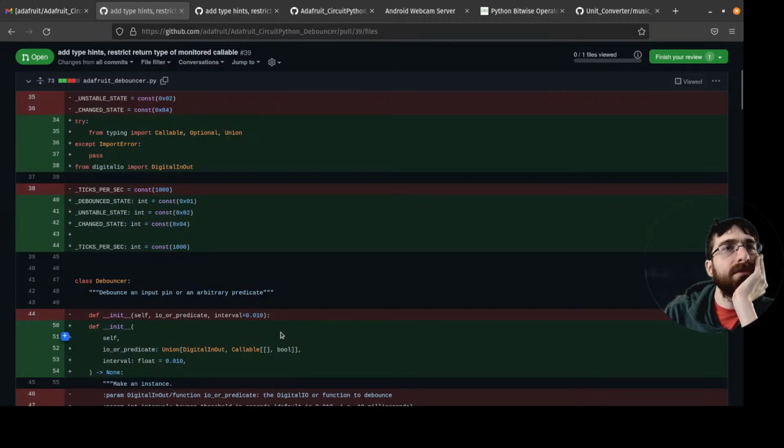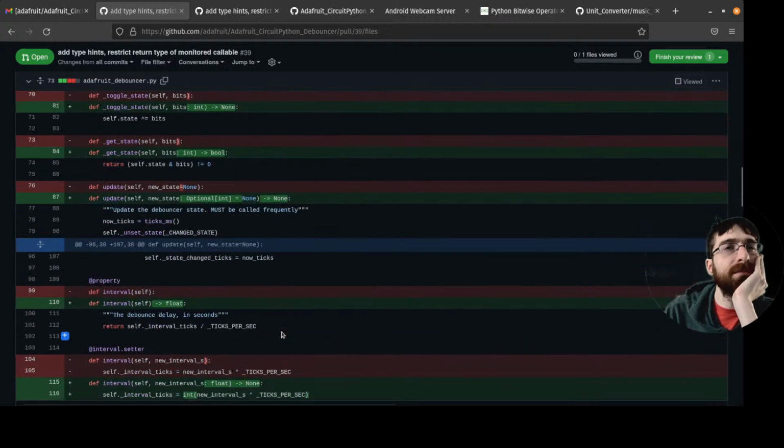Ticks per second is 1000, so these are milliseconds basically.